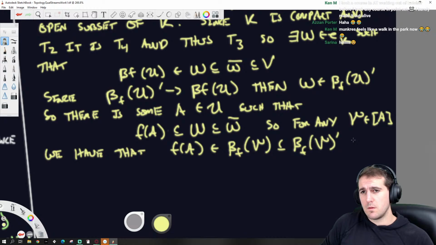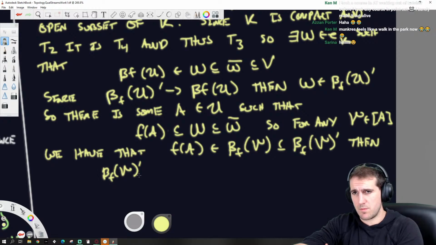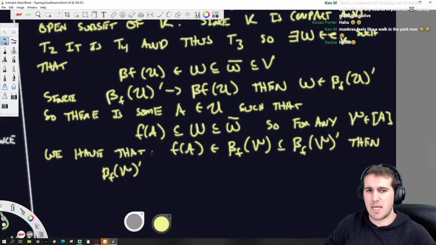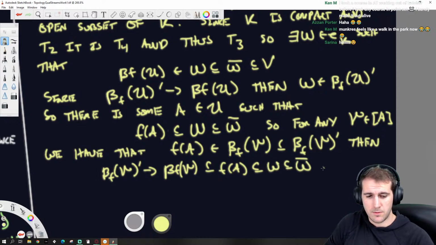So then beta F of whatever this ultrafilter is that you construct from one of these ultrafilters that contains A, it's going to converge to a point beta F of that notation that I wrote once and can't seem to do ever again. So it converges to that thing, which is then going to be a subset of F of A, which is going to be a subset of W, which is a subset of W bar, which is a subset of V.